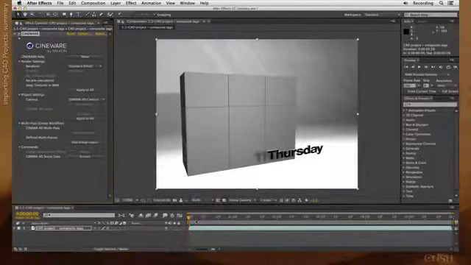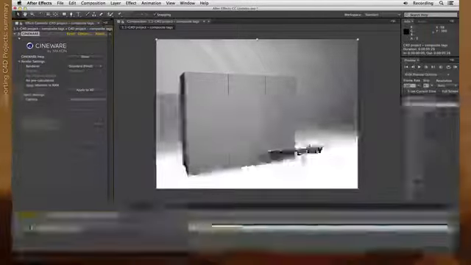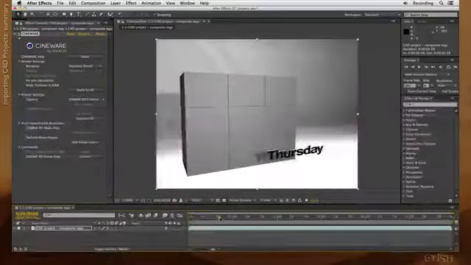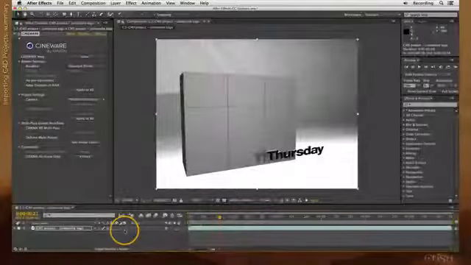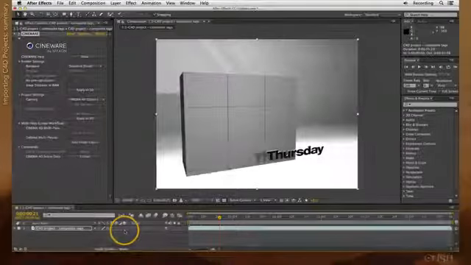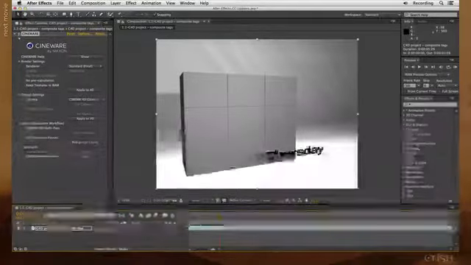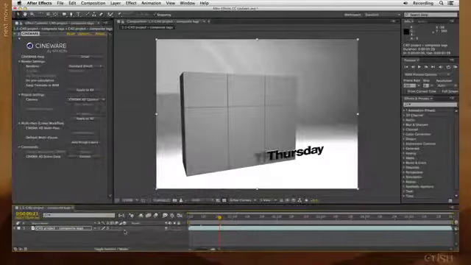So at the very least, as a starting point, we now have a Cinema project that someone else can provide you inside After Effects as if it was a footage layer. Note that it is a 2D footage layer. It needs to be rendered into pixels. It does not have 3D geometry of its own, but there's a lot of things you can do with this, including extracting its lights and camera. And that's what we're going to be diving into in the next several movies.